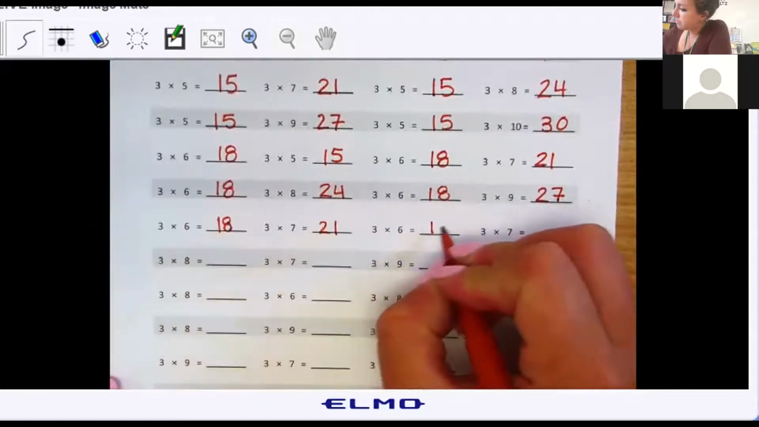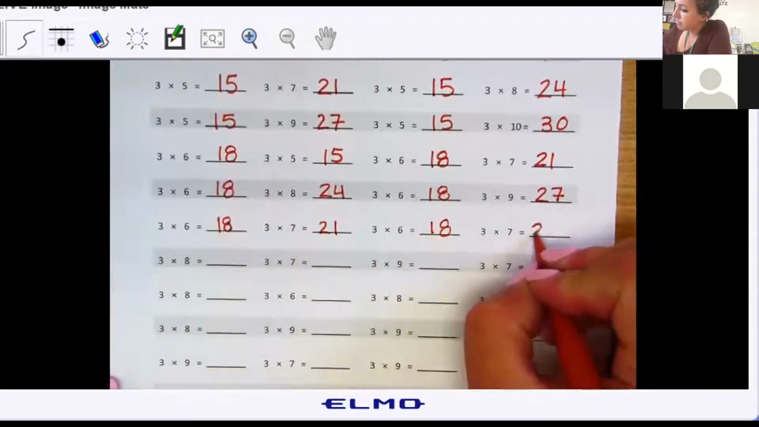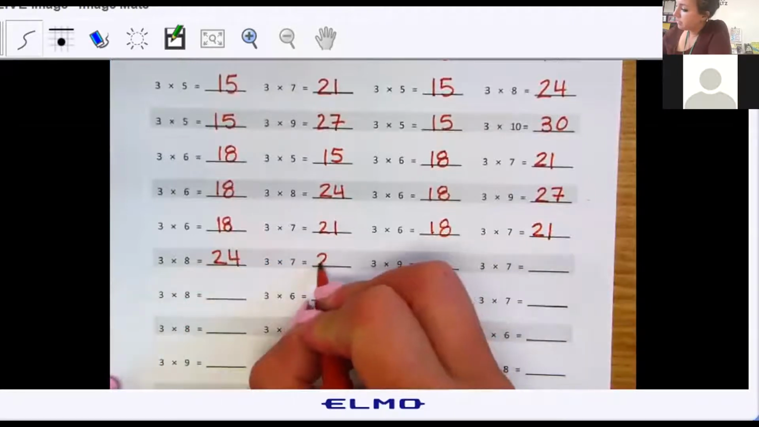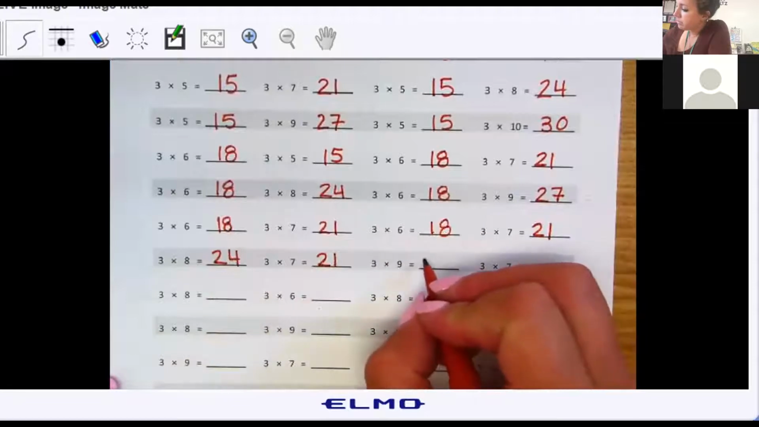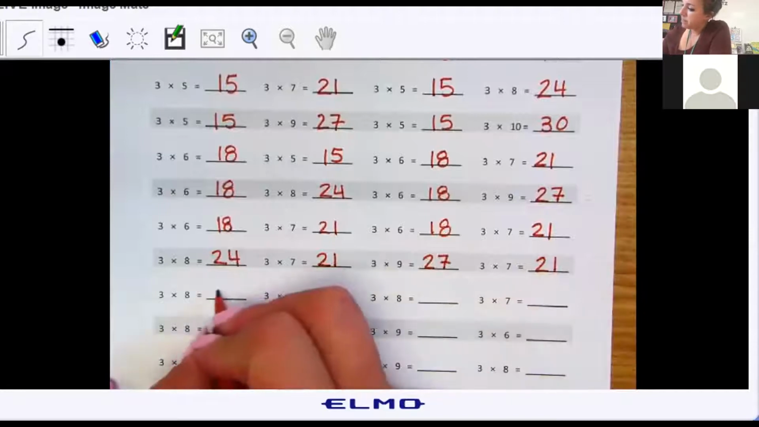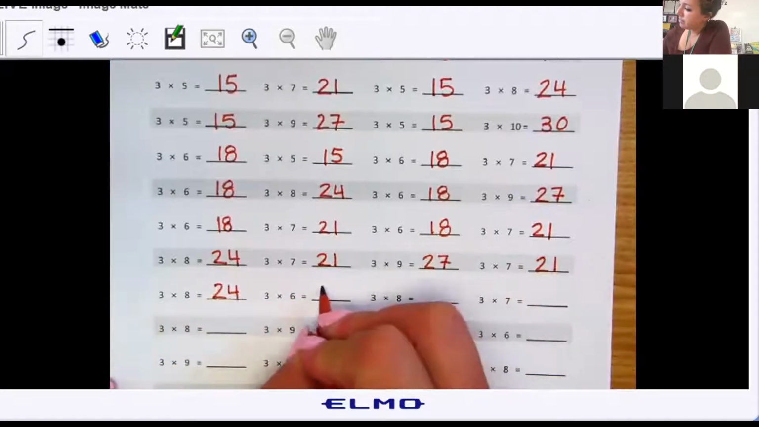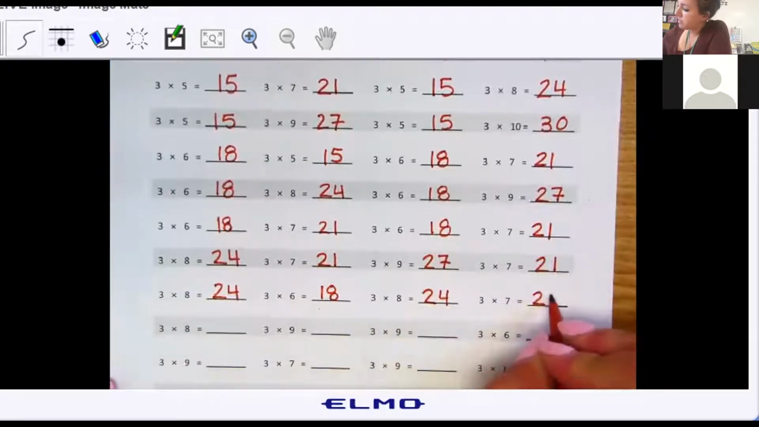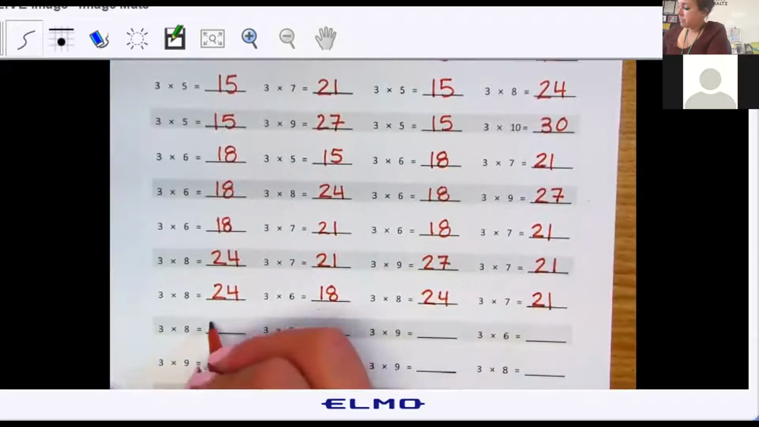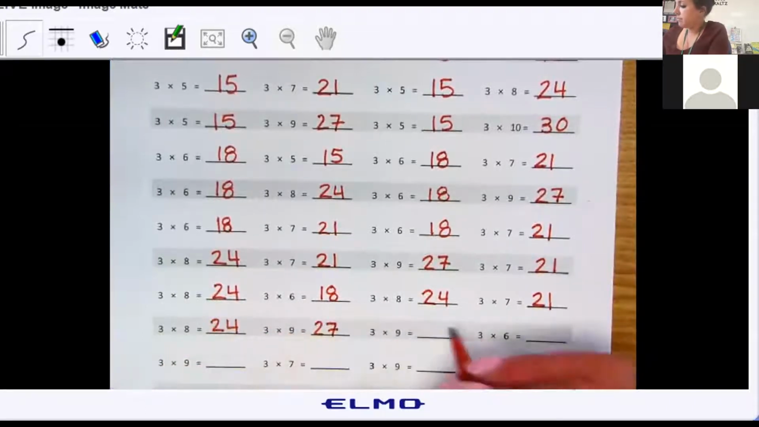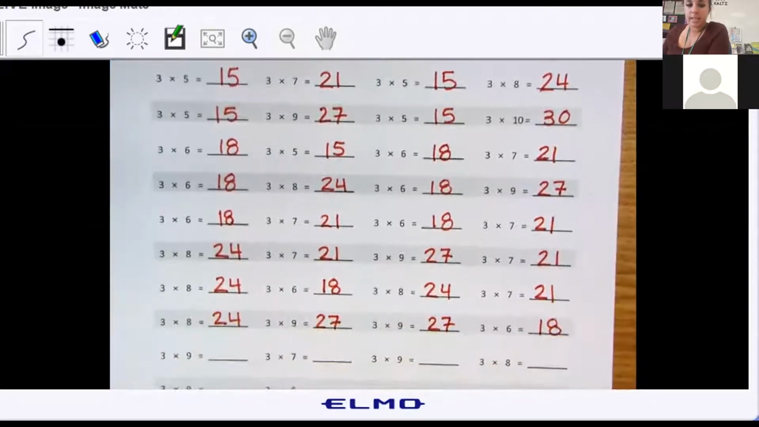21, 18, 21, 24, 21, 27, 21, 24, 18, 24, 21, 24, 27, 27, 18,